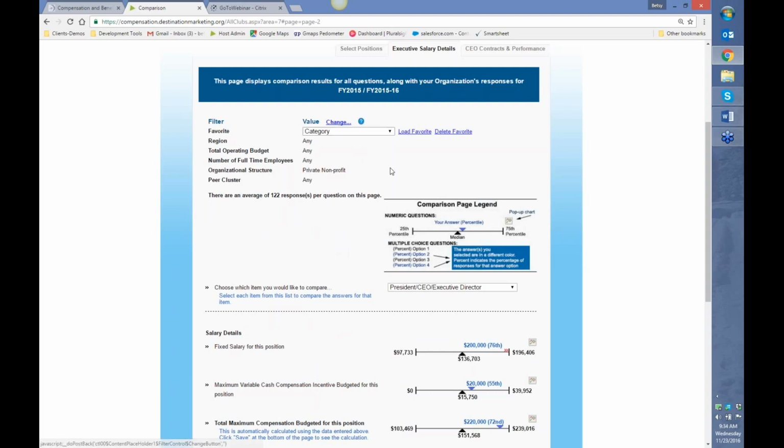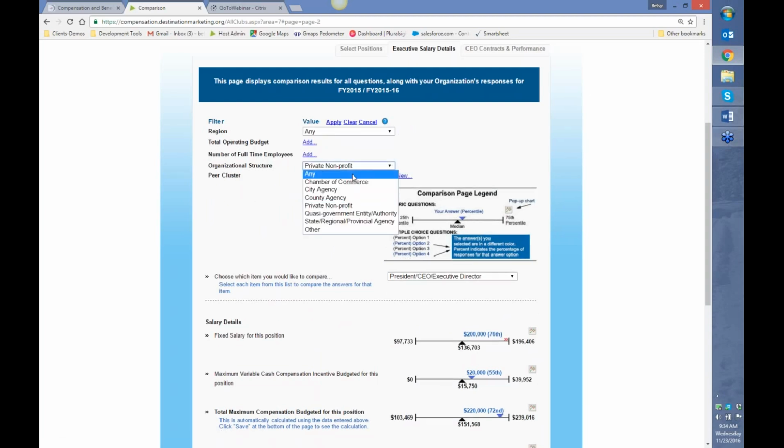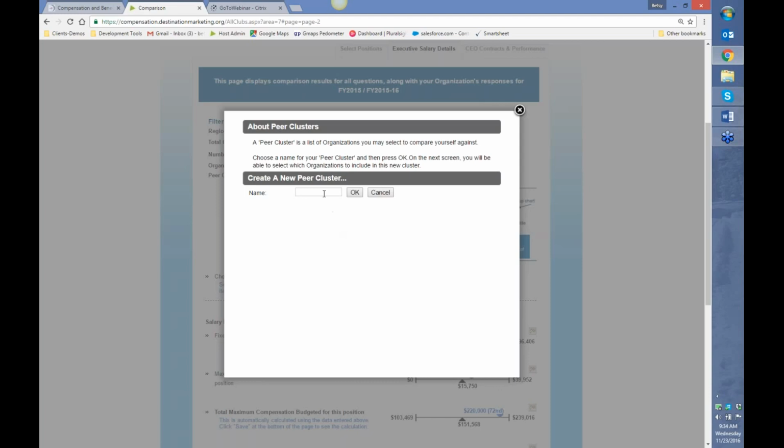What I also want to show you now is peer cluster filtering, and for that I'm not going to use any of these category filters, and we're going to show you how peer clusters work. So what peer clusters do is allow you to, I'll just type in test here, name my peer cluster. It allows you to select a named group of DMOs for comparison purposes. And even though you know who you're comparing yourself against, you will not be able to see the individual responses